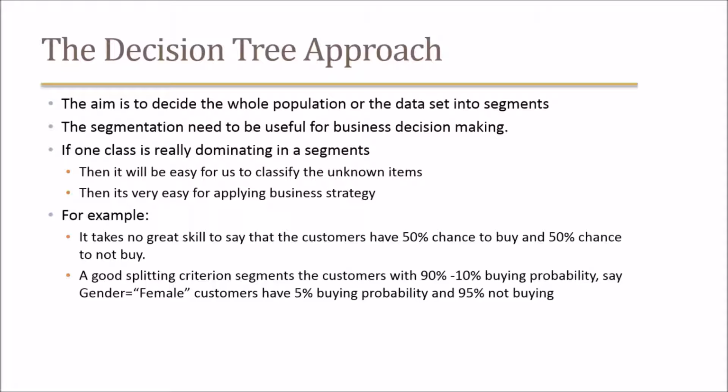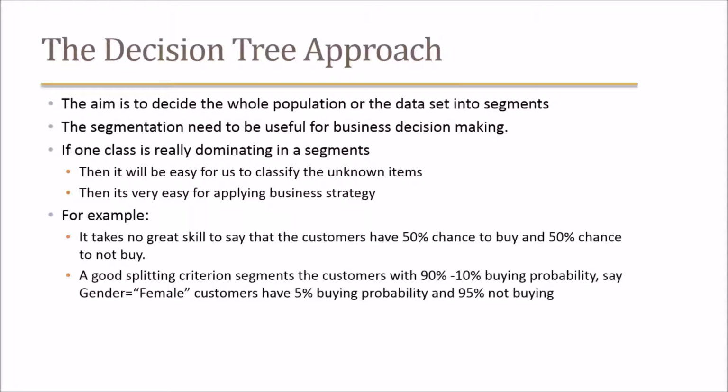That means if we segment out the whole population into two groups, in one group there should be more buyers, in the other group there should be very few buyers or more non-buyers. Then we can send a message that is related to more buyers. It's very easy to make our decision, easy to apply the business